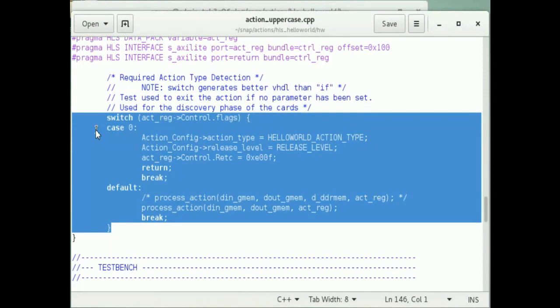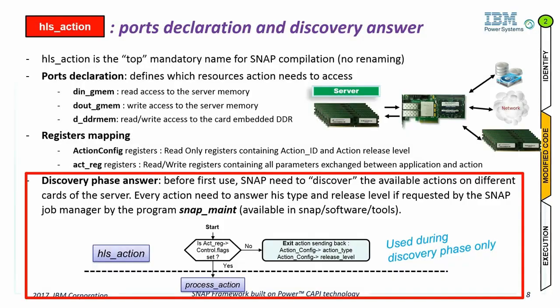Let me explain a bit more what this phase is. The server can have multiple FPGA cards and each card multiple actions. To be able to use these actions, the Snap Job Manager needs to know the inventory of all the available actions in the server. This discovery phase, done once before working any action, will read all action IDs from all